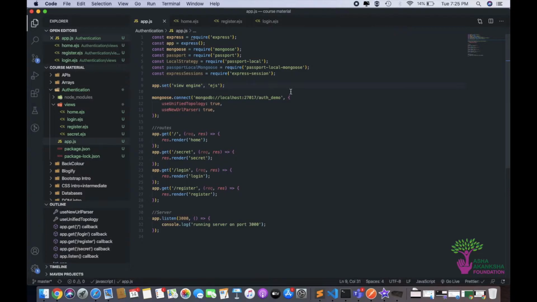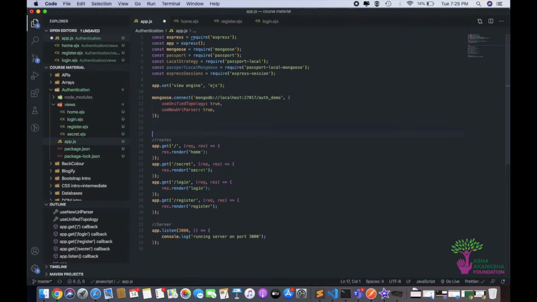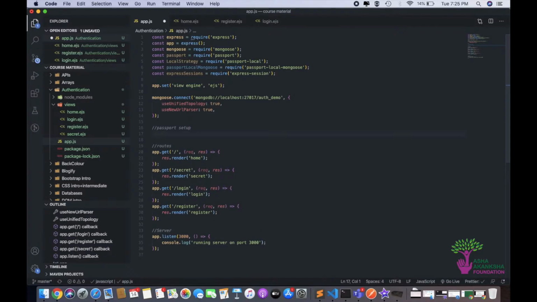So whenever you are working with passport and specifically this local strategy, we're talking about this strategy now, there are some app.use statements that you'll have to do every time, right? And you cannot work without them. So let's just do that. And as they are a lot, I'll put a separate comment for it. I'll do passport setup, right? So we'll start one by one. So first is passport, app.use passport